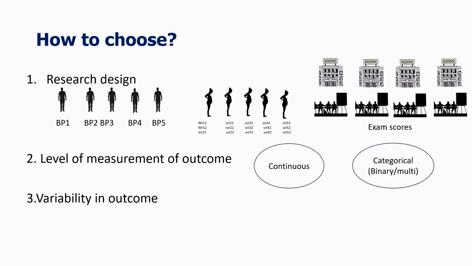For example, if you have a study with 100 individuals, and for each individual the outcome variable has been measured only once, such as a hypertension study where you are measuring blood pressure only once, the choice of regression models will be slightly different vis-a-vis a research design where you are looking